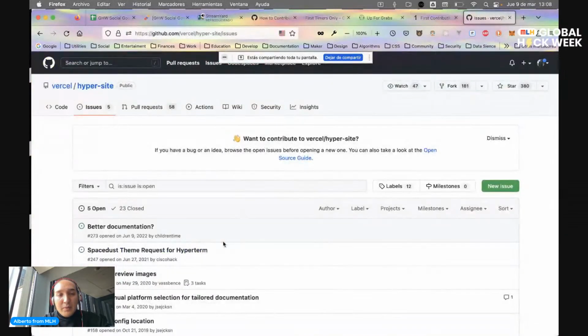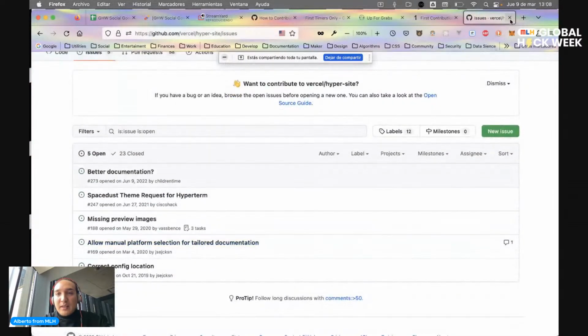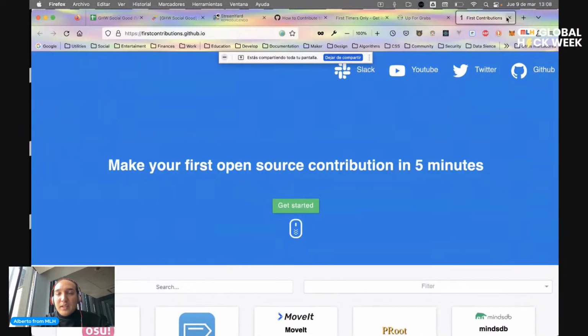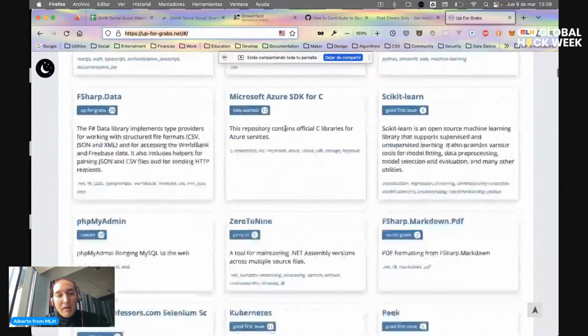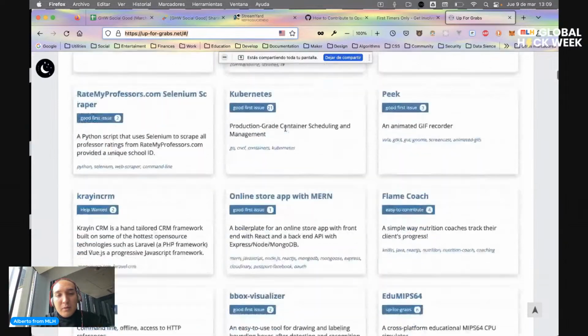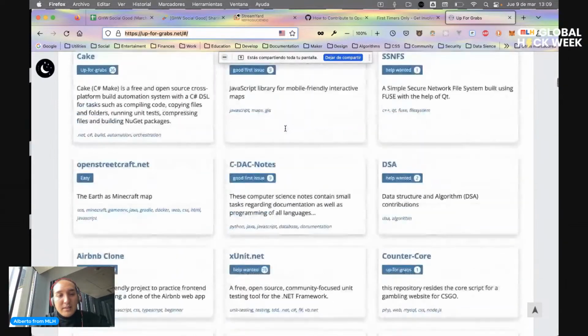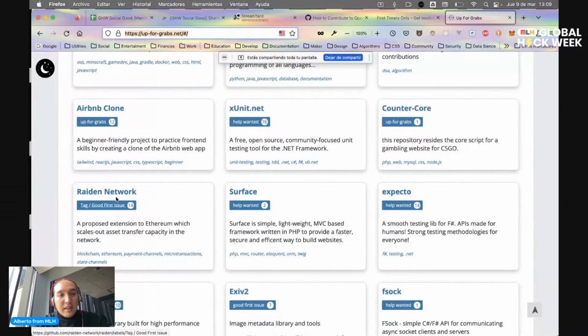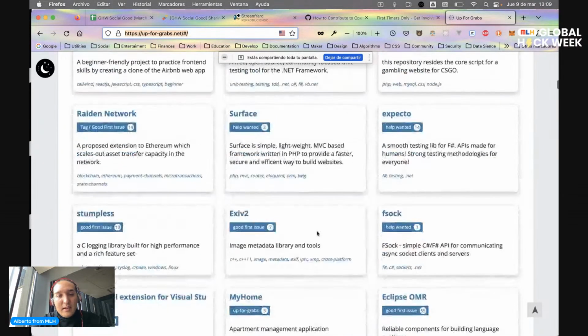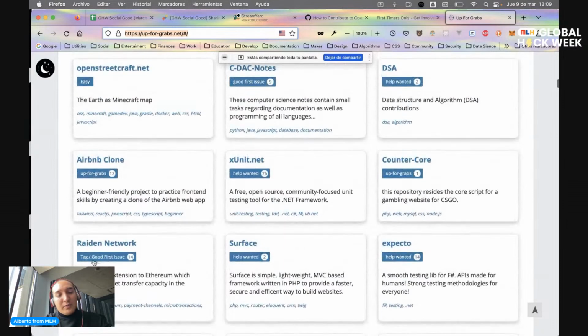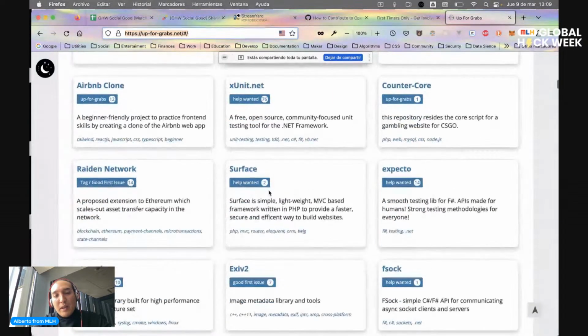But yeah, the thing I could do is go here, up for grabs, and start scrolling and see the tags of these ones. Remember, we have good first issue tags, we have up for grabs tags, we have help wanted tags.